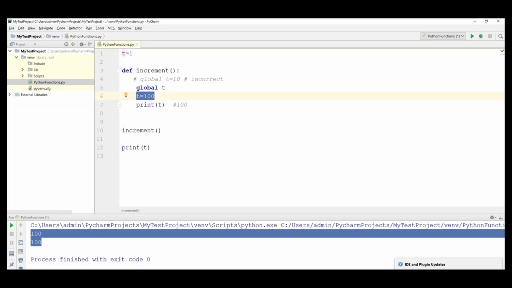Okay, so this is one more example. Based on this, what we understood is we no need to declare any value outside of the function. So we can still create variables inside the function, and we can make them global. Fine. Now let's move on to the next topic called